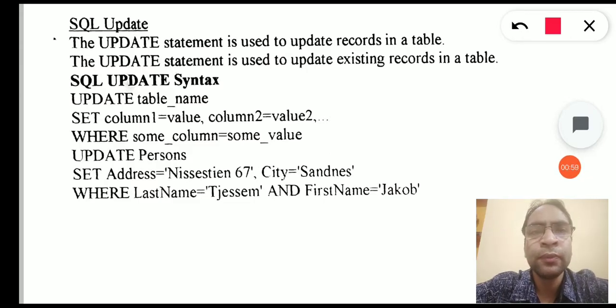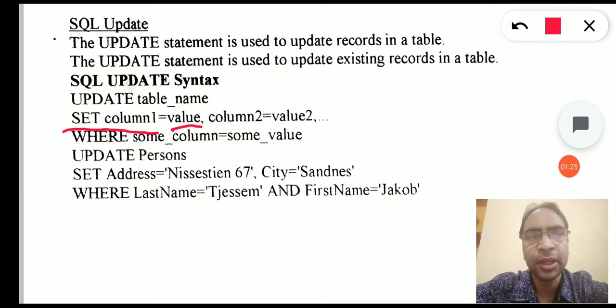We need to write the update clause, then the name of the table on which we want to perform the update. Then we use the set keyword. This set keyword is used to tell on which column we want to perform the update. So we will write set, then the name of the column is equal to, and then we supply the new value which is to be updated to the column.